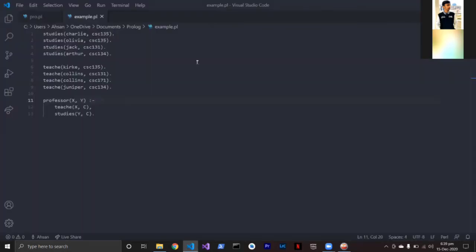Here we have also made a query, a professor query, which tells us whether the given teacher is the professor of that particular student or not.